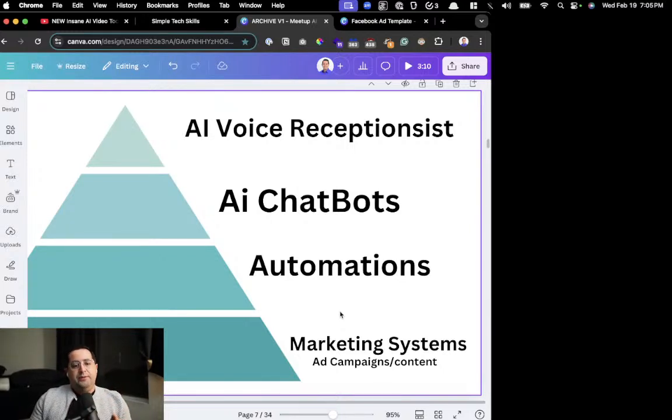If you're in one of 2 camps, if you have a business and you want to use AI in your business, or on the other side, you want to start an AI and automation agency and sell AI solutions to businesses, this is the journey. I'm not going to say passive income. It is hard work starting an agency, especially an AI one. This is the journey for both camps.